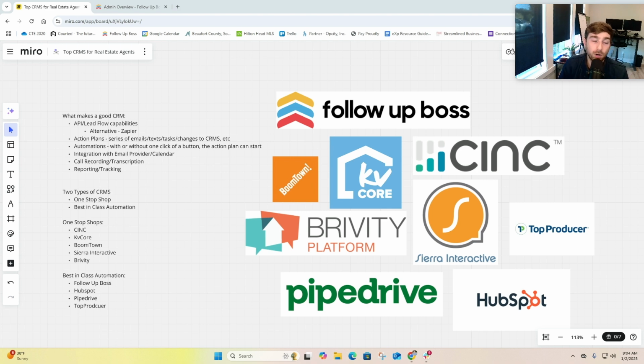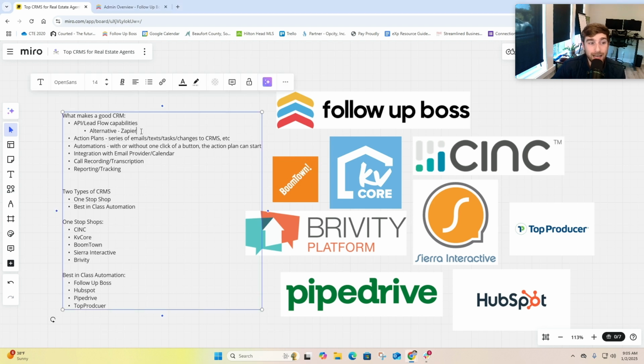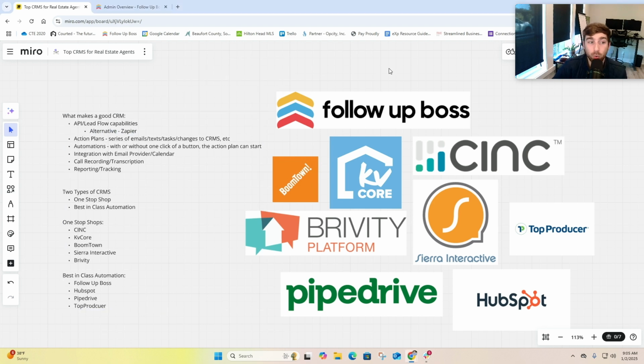Now, if you already have a CRM and it does not have API capabilities, an alternative that you can look into is Zapier. Zapier is a very cool tool that kind of serves as its own API connector. And so, what it can do is, as long as the different types of technologies or the different businesses have a relationship with Zapier, you can actually set up an API through Zapier,